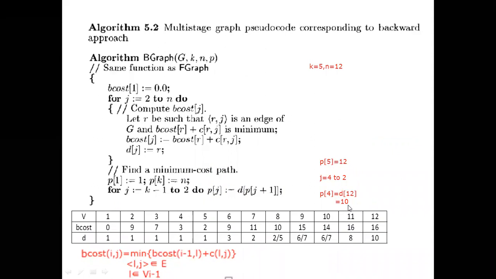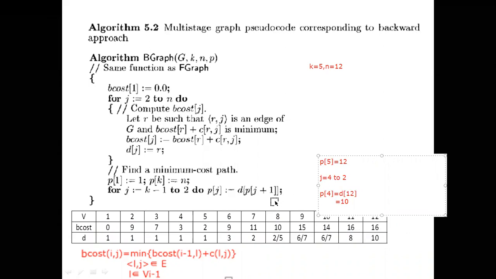Next, its previous stage we have to get. That is nothing but the third stage. For that one, I should change this value. Instead of what is the J value? 3, 4 was there. Now it is decremented to 3 because 2 means it is automatically it's going to decrement from the third stage. What is the value? D of P value is 3. Now P of what is the value will come? P of 3 was there. J plus 1. It is 4. Last time we find it out P of 4 value.